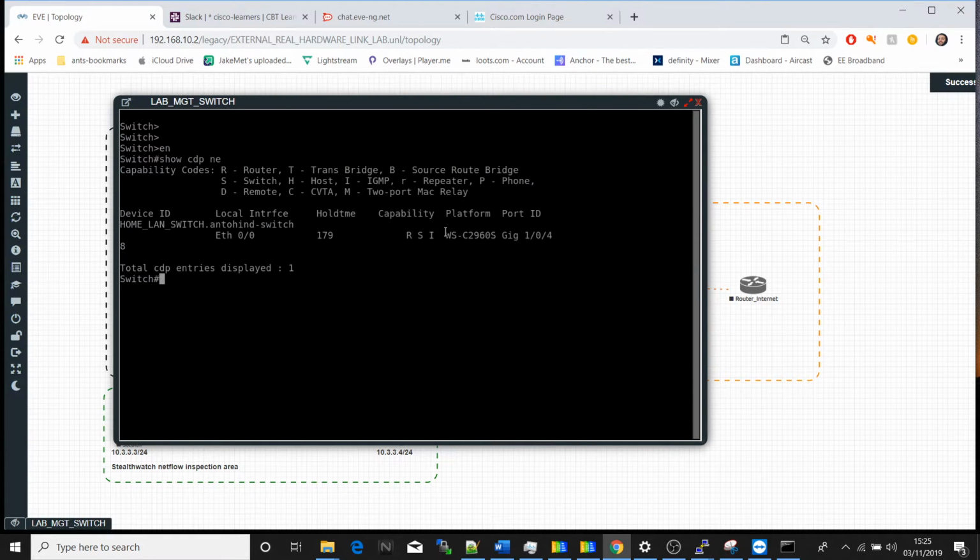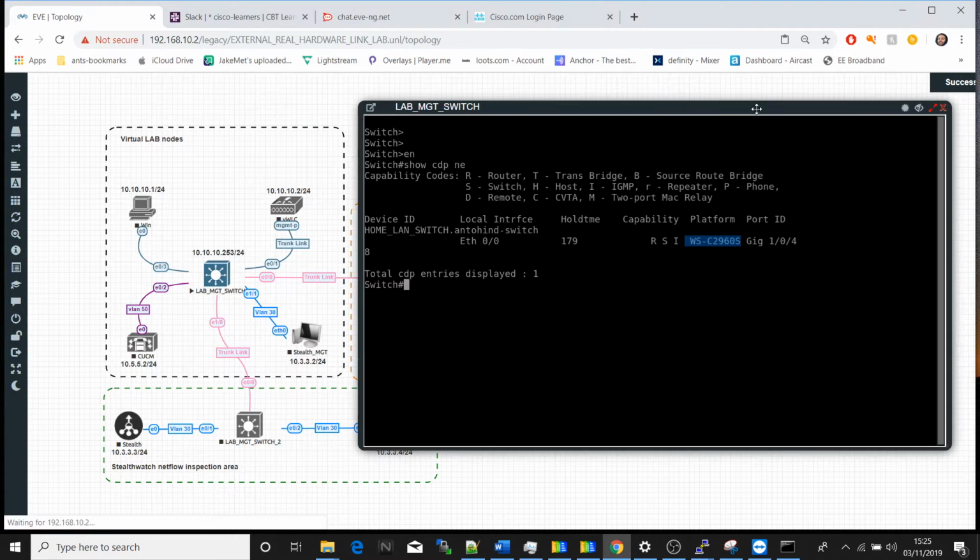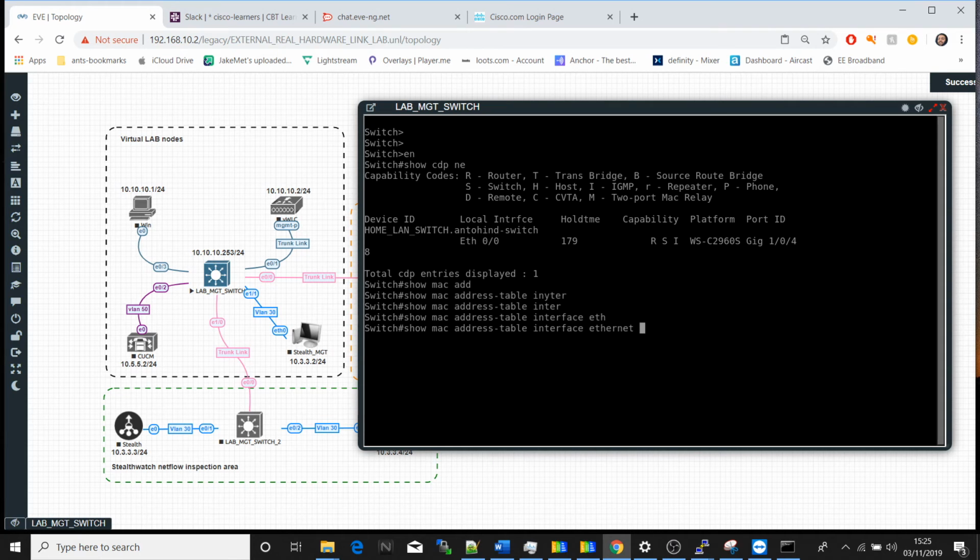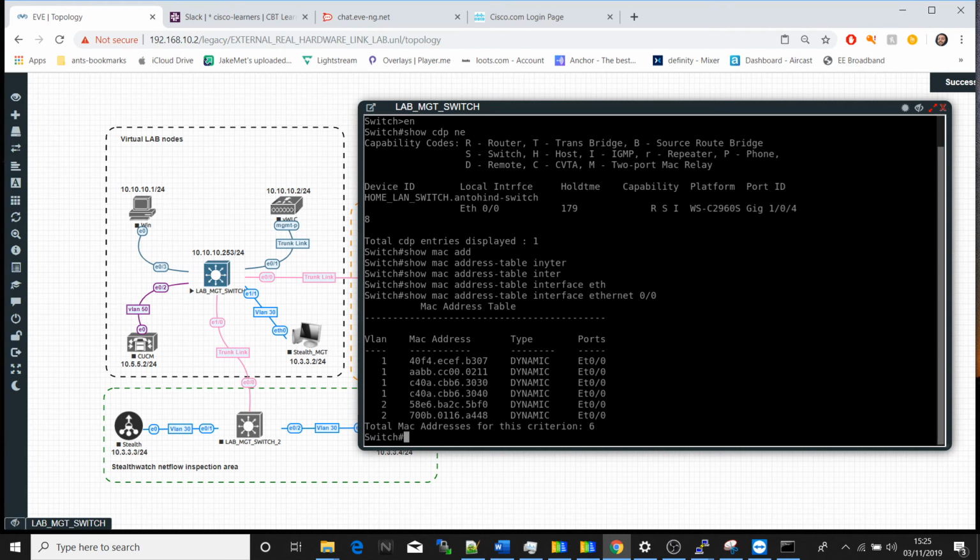We have a 2960S neighbor on Ethernet 0/0 with the host name Antohine switch, which is my physical switch. We can do really neat things. So show MAC address table interface Ethernet 0/0. And you can see we have a number of MAC addresses coming in. I can tell you